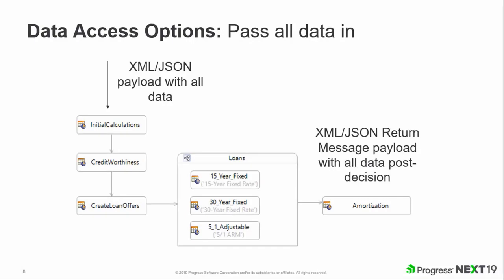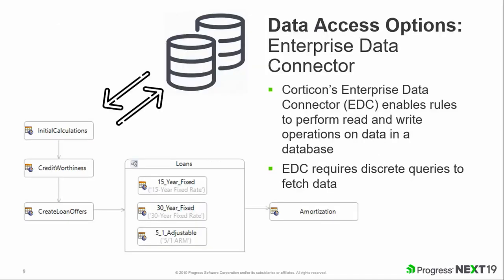So Corticon isn't accessing additional data as part of that execution. Now, Enterprise Data Connector is kind of the next level as far as integrating data into Corticon. And what that'll do is it'll access data as it needs it from a database through queries using Hibernate in the background. That's very useful for the types of read and write operations that are okay for transactions, where the